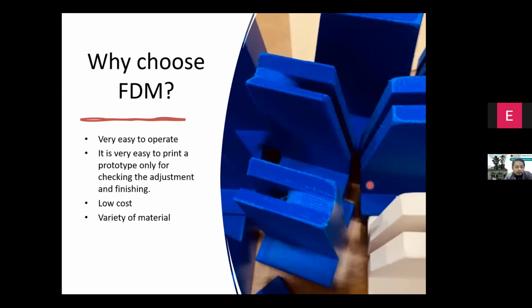Now, before we go further, for this project, I have to choose the best 3D printing technique. In this project, I choose FDM, or fused deposition modeling. I actually considered a few 3D printing techniques for this project, but when I looked into the overall project, I had to